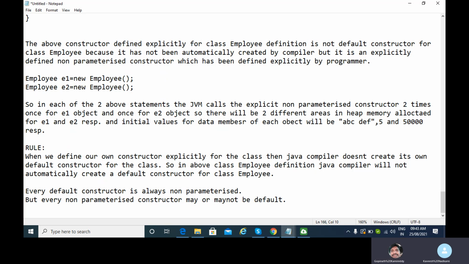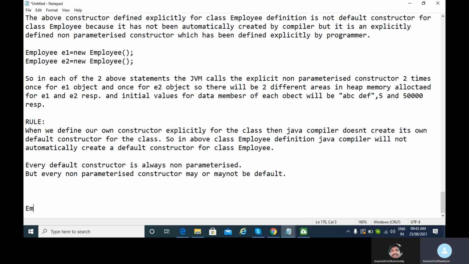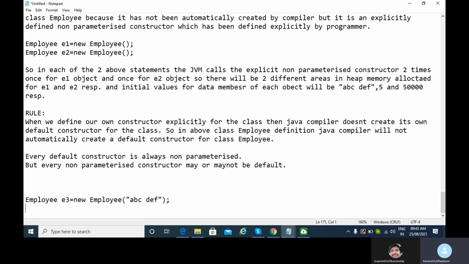Clear, no? Yeah. Okay. Also, if I try to create another object of the class employee, Gopinath, by passing some argument, suppose a string argument or whichever argument, you will get an error now here.